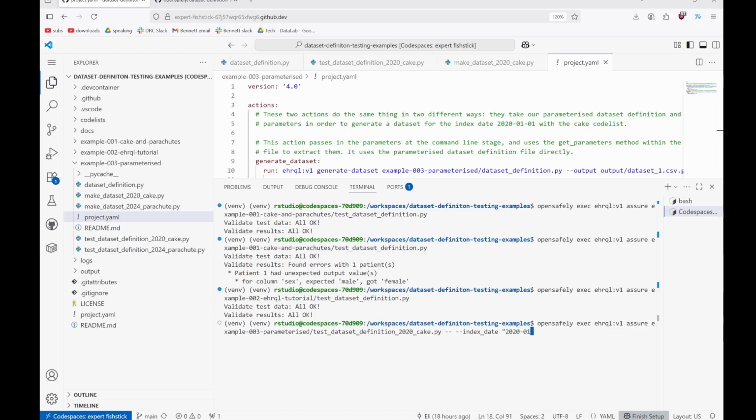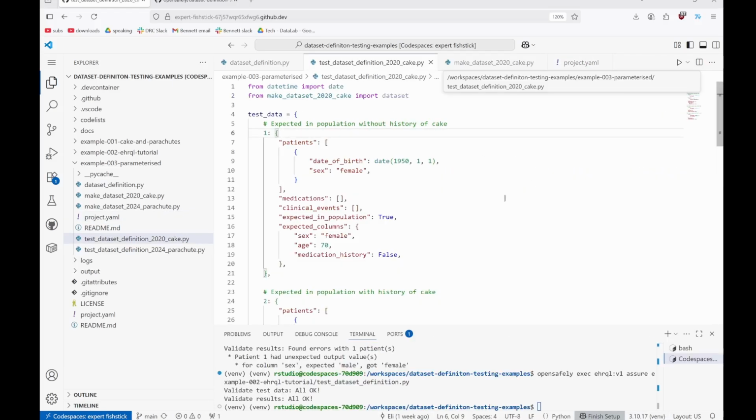My codelist path is codelists/cake.csv, and my codelist type is